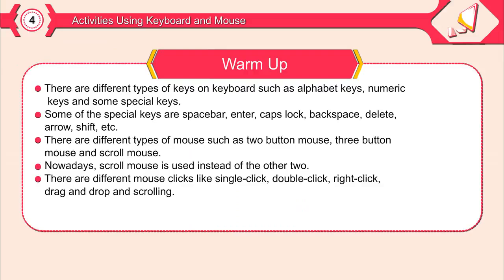Wrap up. There are different types of keys on keyboard such as alphabet keys, numeric keys and some special keys. Some of the special keys are spacebar, enter, caps lock, backspace, delete, arrow, shift, etc. There are different types of mouse such as 2-button mouse, 3-button mouse and scroll mouse. Nowadays, a scroll mouse is used instead of the other two. There are different mouse clicks like single click, double click, right click, drag and drop,